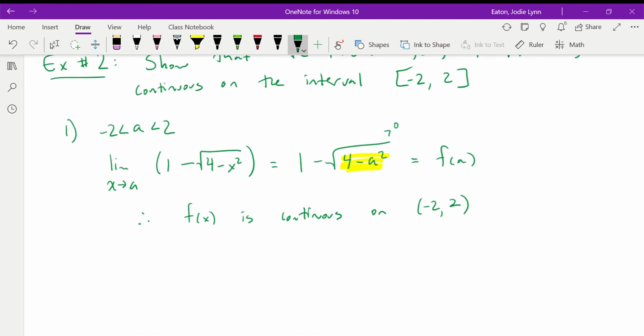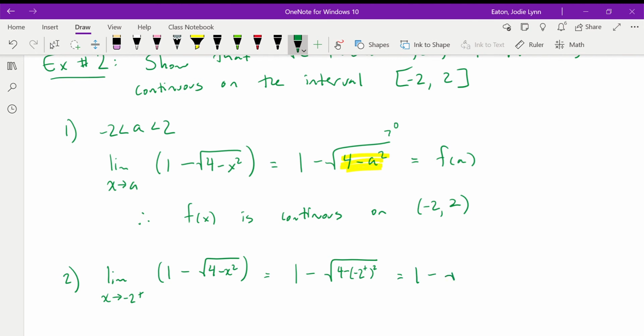Okay. So second part, we're going to prove what happens when x approaches -2 from the right of 1 minus radical 4 minus x squared. This is equal to 1 minus radical 4 minus (-2 plus) squared, so something that's just slightly larger than -2. When we square something that's slightly larger than -2, we get something slightly smaller than 4. So this is going to be equal to